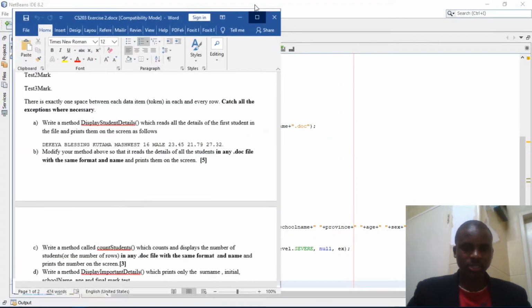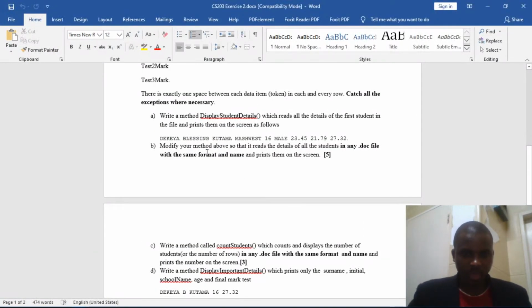So we have introduced an argument or a parameter in our method, and also we have removed the dereferencing of our object at the end of the while loop, so that the while loop will keep iterating in our file and read line by line.